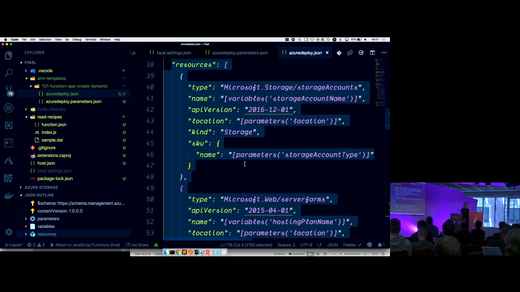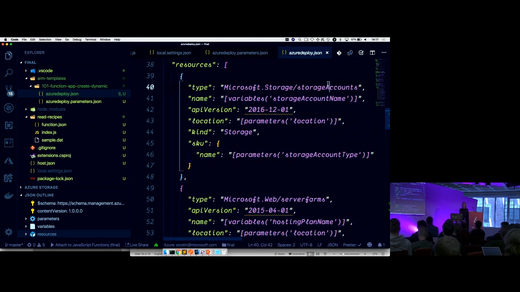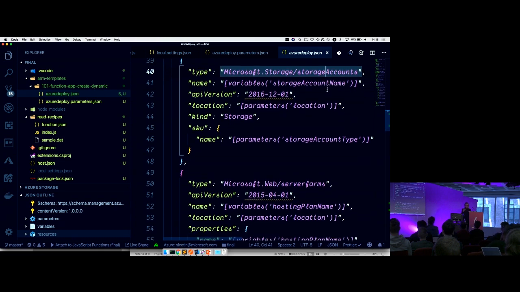And then resources, this is where the actual description of the resources that we need to deploy is defined. So you can see here that in order to deploy a function, we need a storage account where our code will live. We also need the app service plan, which is what we use for billing. An app service, which is where our code is going to be deployed. And I think that's all. So here we're defining the storage account, but I'm going to walk through this.